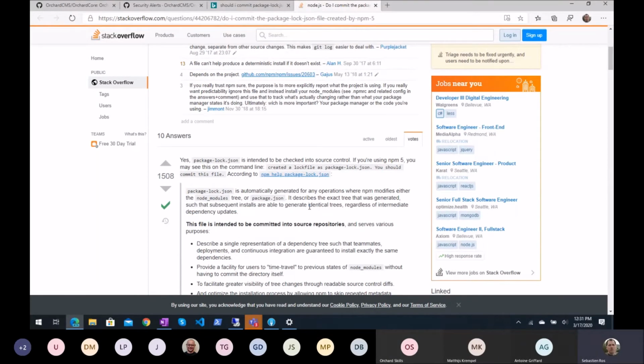It will work in some cases if you don't check it in because it will restore it. But if you work as a team, then you will start having issues. If you work by yourself and you don't care about updating or checking if there are new versions for every package every time you build, that's fine. If you work alone and you don't care about it, you will get the new version every time. But if you work as a team, you should have that. And I think we care in Orchard Core to work as a team, so we committed it.